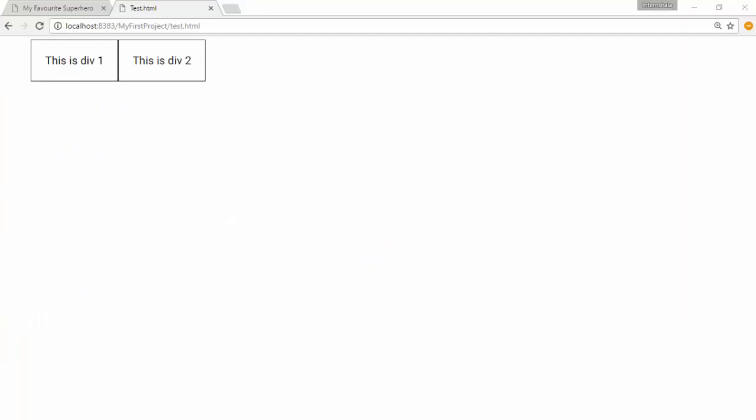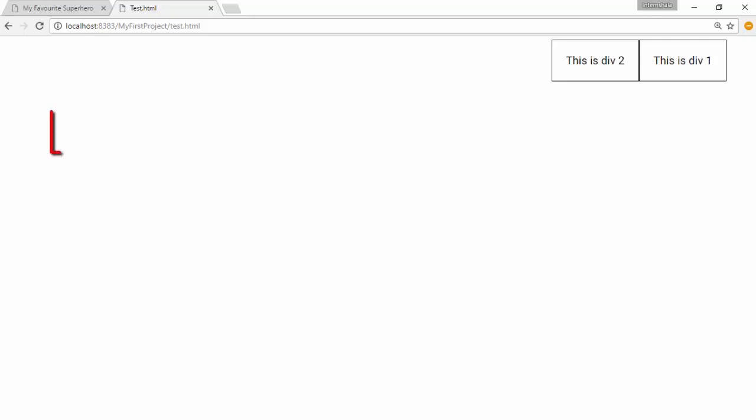Let us see what happens when you float divs to right. We go back to our CSS and change value of float property to right. We can see in the outcome that both divs are floating to right now. Our desired result is to get one element to float to right and other element to float left. We can achieve this by giving identity to each of these division and then defining float property for them.